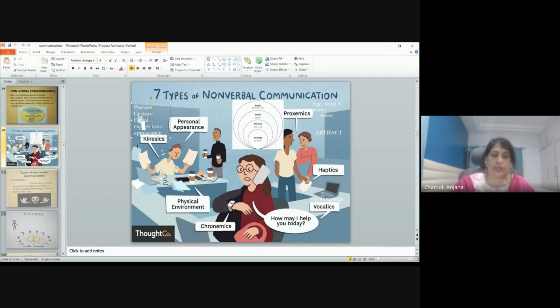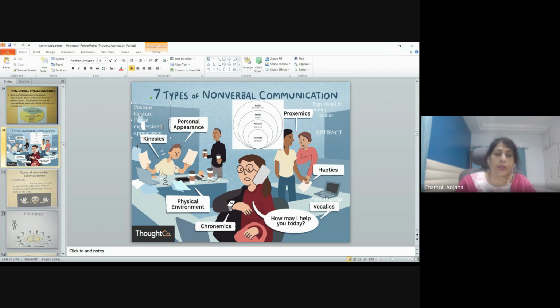Then facial expressions. Yesterday I was telling you, right, the emojis that we send when we exchange messages in the chats are nothing but the facial expressions that we are sending. You are angry, or sad, or happy, or mad, or crazy. All those kinds of expressions on the face. If you keep two people standing in front of you, a person who is sad and a person who is happy, looking at the face, you can make out who is sad and who is happy, because the expression easily communicates your emotions, your feeling.